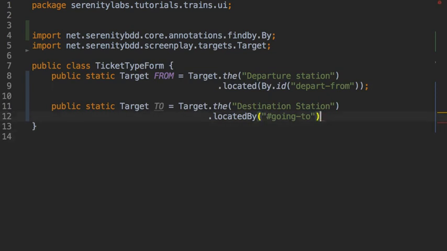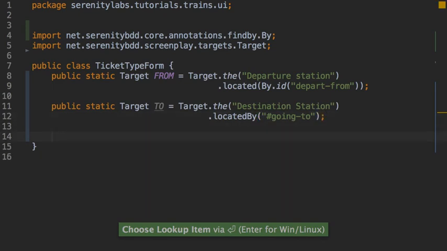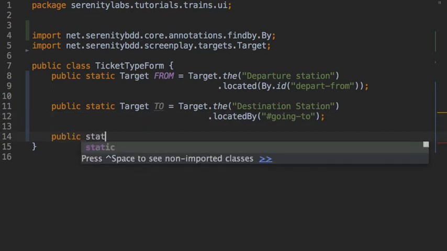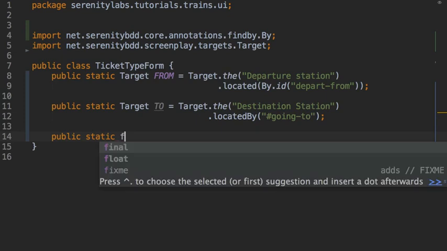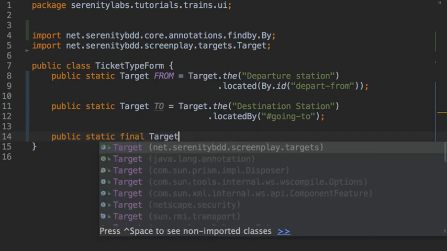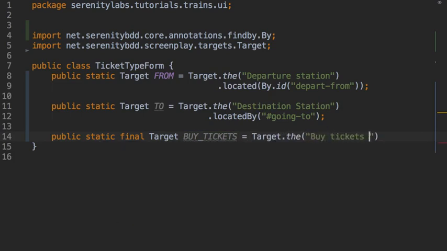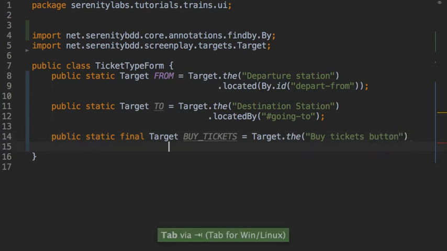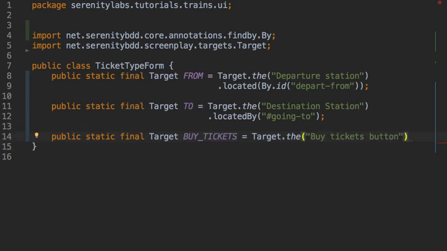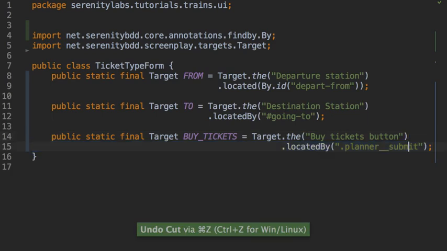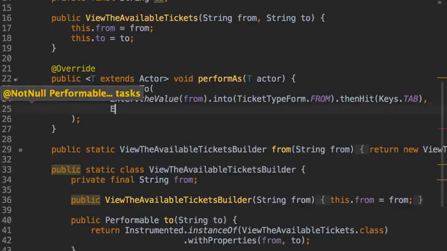The last one we need, and we could wait until we see where we use it, but I'll do it now for convenience, is the buy tickets. Here we say target the buy tickets button, and we'll locate the buy tickets by a CSS selector, the .planner-submit locator, to find the button with the planner submit class. Now let's continue off where we left off. We need to be able to